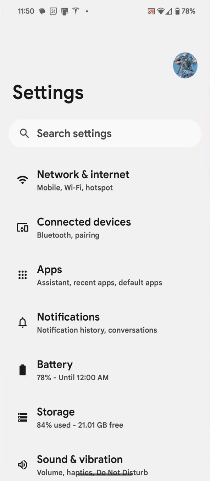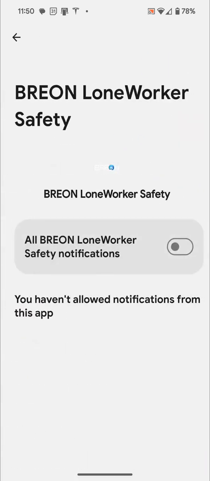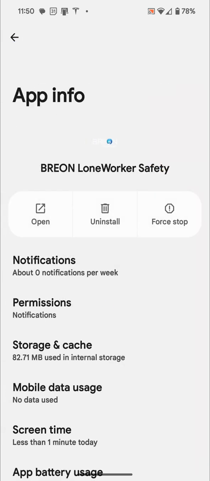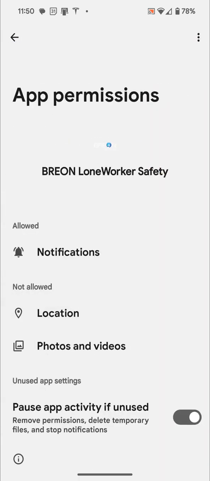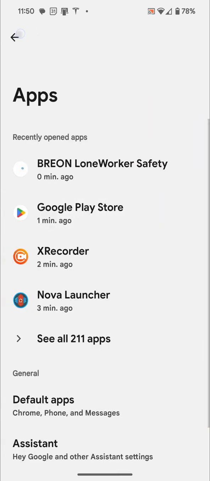We're looking for apps here. Breon Lone Worker Safety, notifications on. Just ensure that those two others are selected on and go back. Permissions. Location will be pause app activity. If you could just remove that, and we'll go through to the application from here,